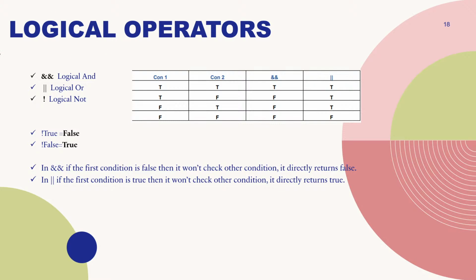See, guys. As I said, for the AND condition, if the first condition is false, it won't check the second condition. It will skip the second condition and directly return false. In the OR condition, if the first condition is true, it won't check the second condition and it will directly return true. Keep it in mind, guys. Okay,